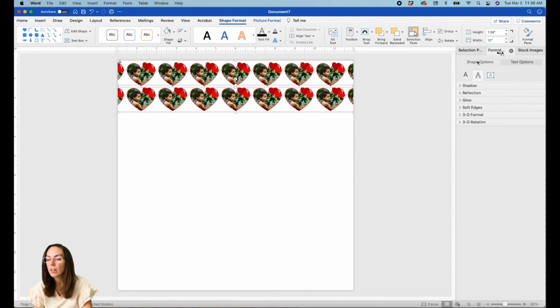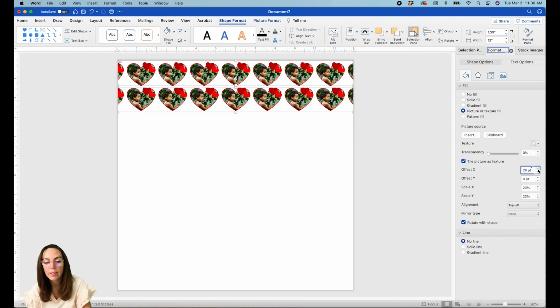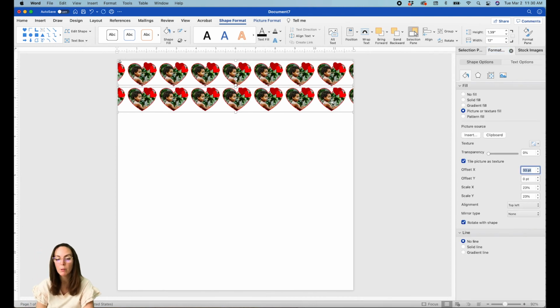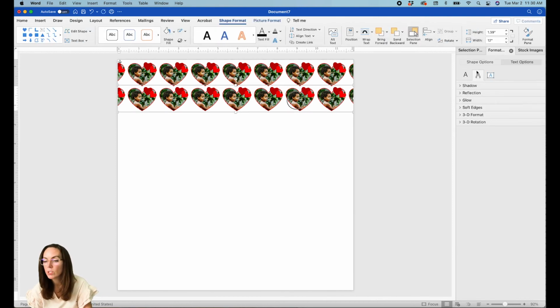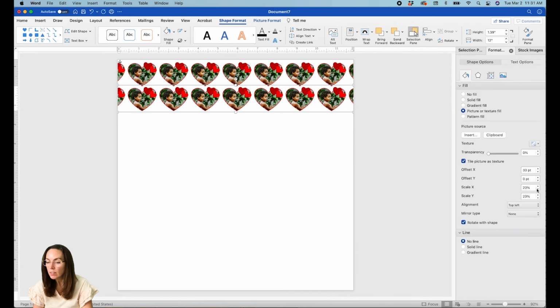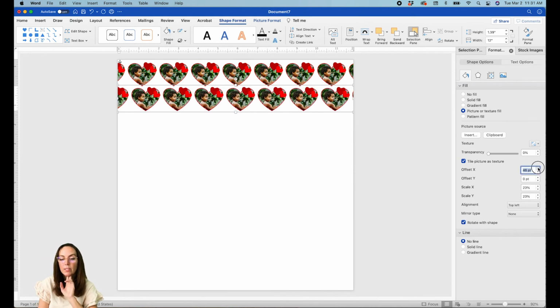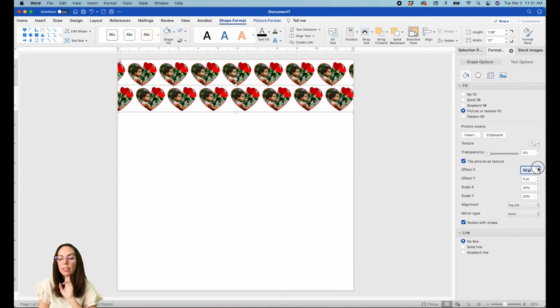And we're going to go back to our shape options. See, I was on text options. Sometimes it gets confusing. And let's move our X again. Nope. I had both of them selected. That was my bad. Just the one, please. Shape options, fill. Okay. Now we wait. You can always plug numbers in, but I just like to watch it and then let it go when I feel like it's